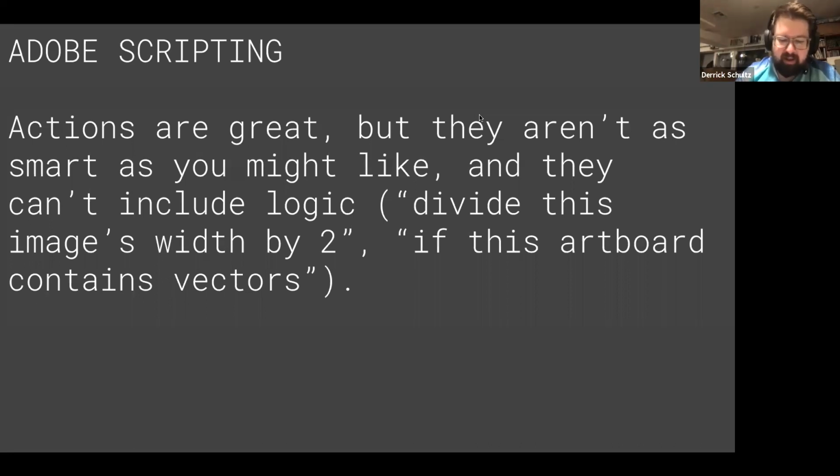An action is going to say, take this image and make it whatever size you made in your action, whatever you recorded, right? So if you're just trying to divide things by widths, or if you're trying to do if-else statements, you can't really do that inside of an action. An action is literally just recording what you did and repeating it. And it's why you saw that it ran into issues when I didn't have the same border set up. And this is where a case like scripting is actually going to be better.